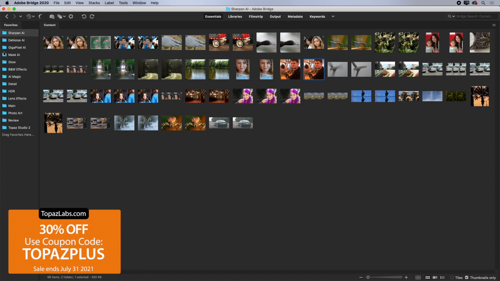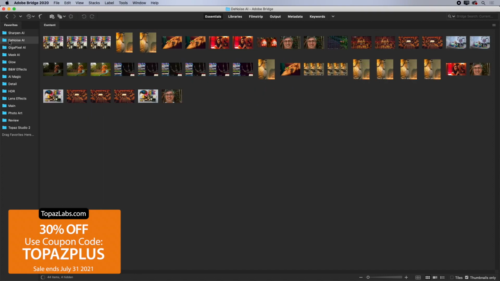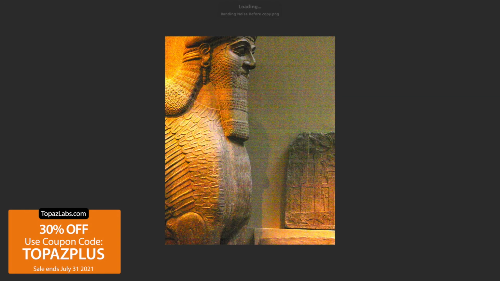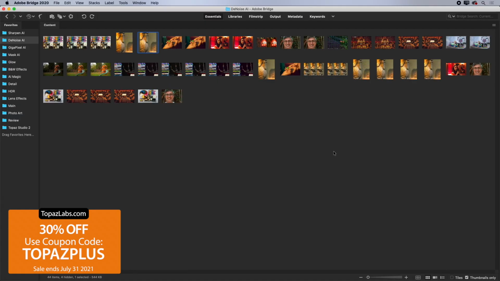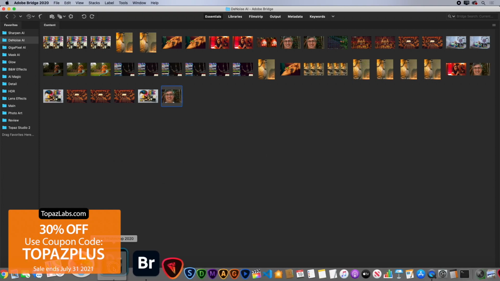So now let's transition to Denoise. Noise happens when the ISO goes up. Simply, there is not enough light. So this is the Louvre Museum where there was not enough light and they said no flash. But because I've got Denoise AI, that's no longer a problem. So in this demonstration, we're going to look at things that are really severely bad. So this next example is